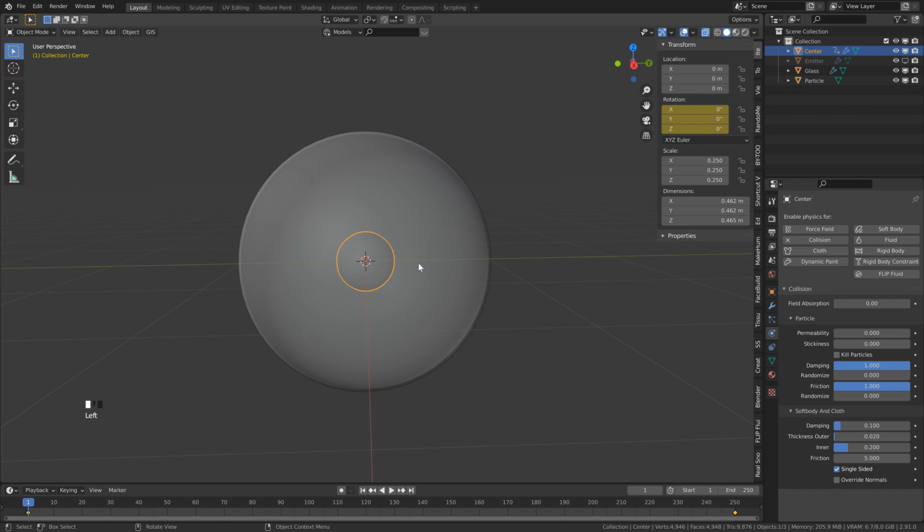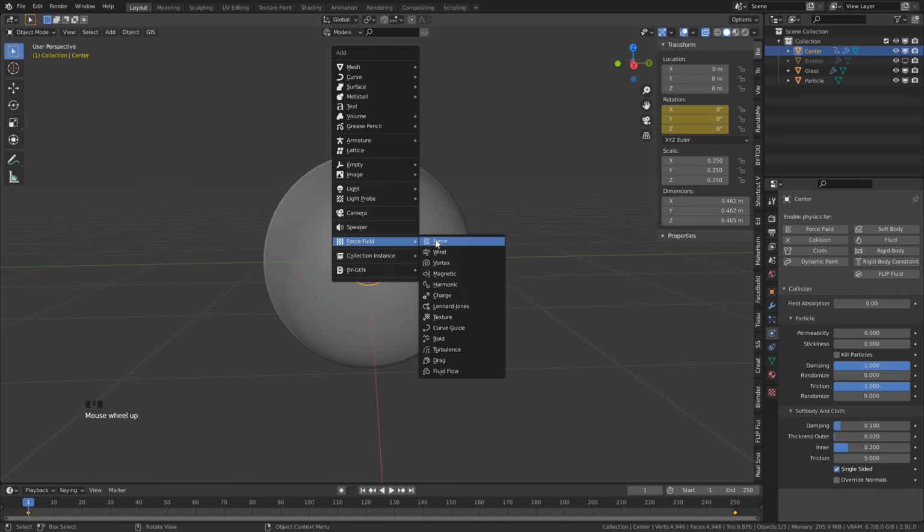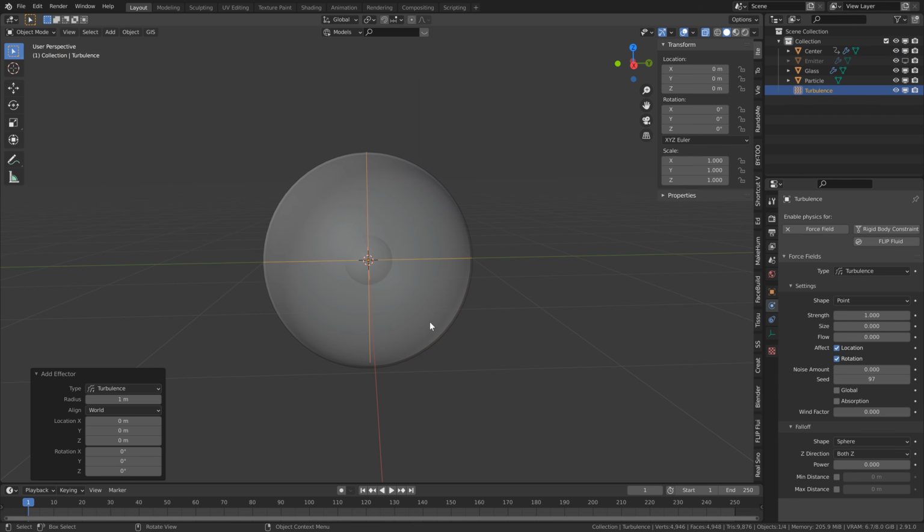The next thing we want to do is hit Shift A, Force Field, and we're going to go to Turbulence. The turbulence will just help our particles get some nice noisy motion to them. Let's set the strength to 250, the size to 0.5, and the flow to 5. And the size, of course, is just the size of our noise. This is obviously how strong our turbulence will be. And the flow just helps to slow things down, and it also tends to bring the particles a little bit